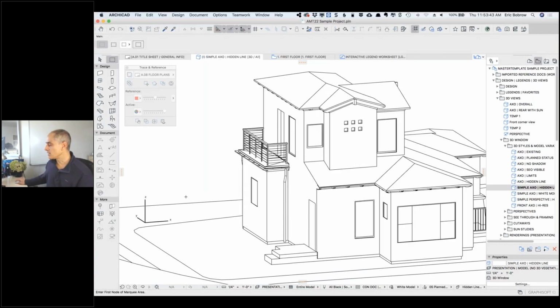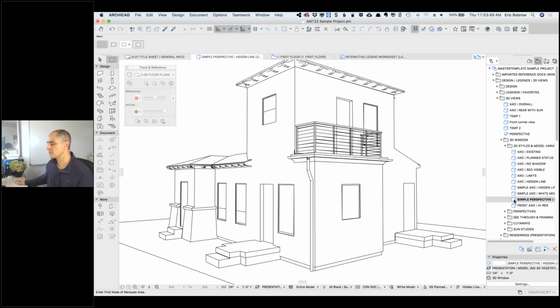Now one of the reasons why the line work one is useful is if I take a perspective here, I can literally copy this perspective line work and change it. So maybe I want to do a sketch view of this. Now, there are some built-in sketch styles in terms of rendering, and they can be pretty effective, but there are certain things that you can't do with those that you can do with line work. So for example, I can go here and copy a section of this. Now, what is it doing? It's copying the line work